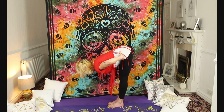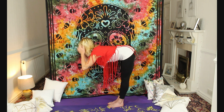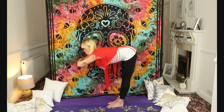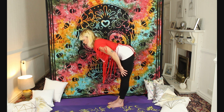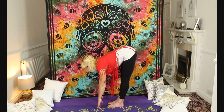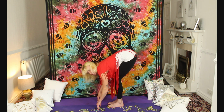Now remember, at any time during your practice, you may get to halfway. If you've got a chair in front of you, you could rest your arms on the chair and continue working here, pulling in the stomach, observing the legs. So you can have a chair or a table, practice to here. You could have your hands resting onto your thighs, onto your shins. If you then get to the point where your fingertips are touching the floor, you could have a slight bend in the knees so that you could rest